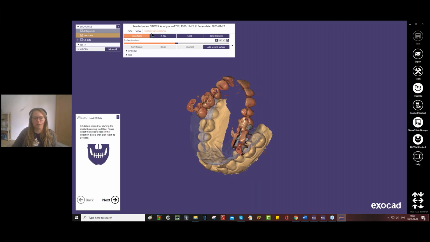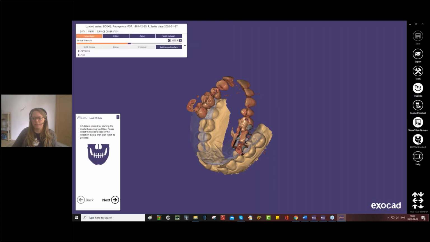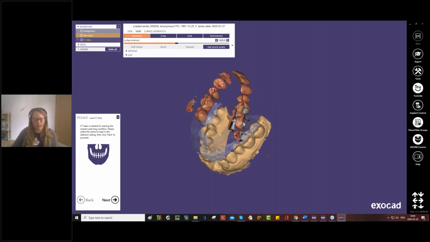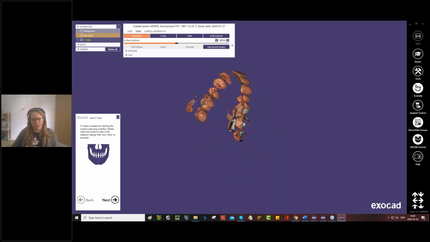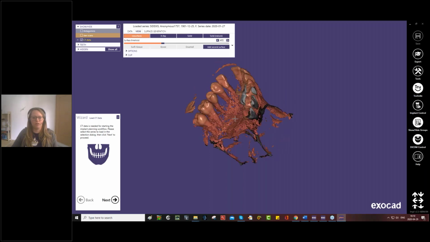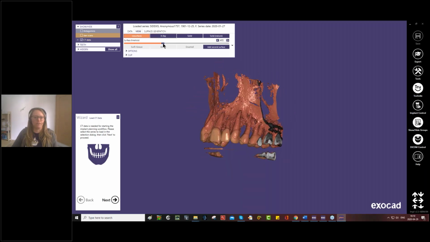Up here is the Dicom Control. This is also a button here at the side, which I can turn on and off with, like this. And the Dicom Control, let's take a look at that. I will hide my optical scans. I do that with the keyboard shortcuts, A for antagonist, S for jaw scan, D is for Dicom. So in the Dicom Control, I have a slider, which I can use to display different